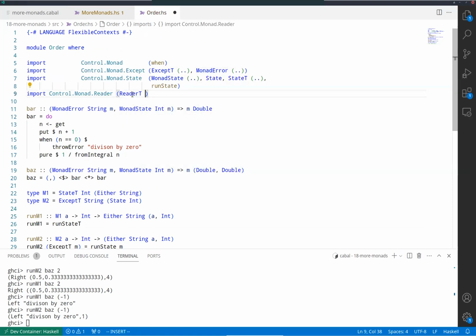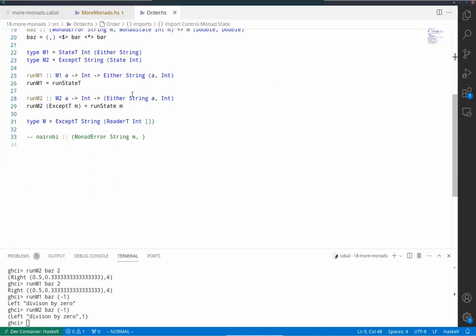Okay, ReaderT. So this is something you might see in a typical application, so that people stack several of these transformers on top of each other. So you want exceptions and you want read-only state, for example. And now I can write an